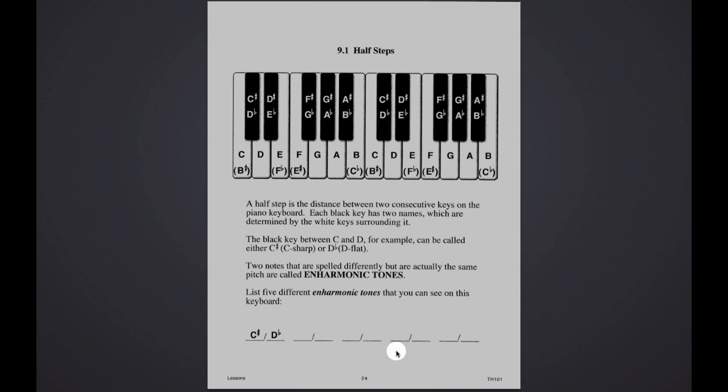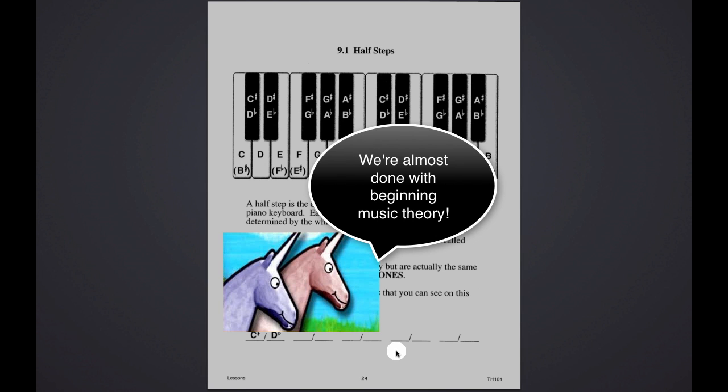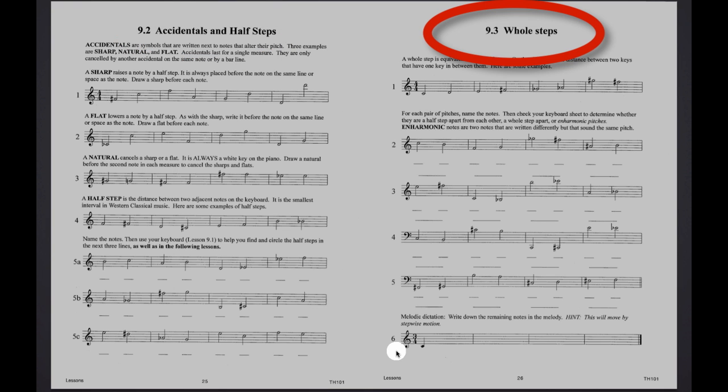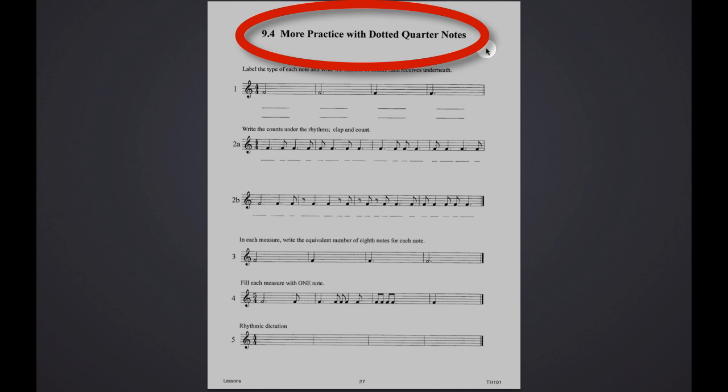Hi, this is Flip Classroom Video 9 for beginning music theory students. We're going to be talking about half steps, accidentals and half steps, whole steps, and more practice with dotted quarter